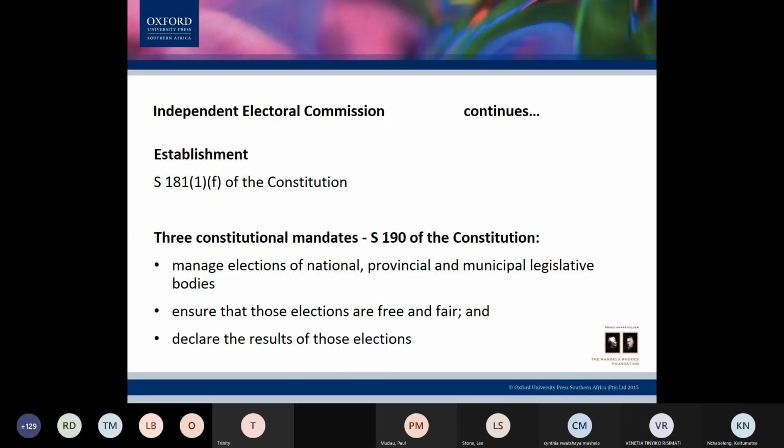And the Electoral Commission Act, Section 4, Subsection 1, Paragraph N, declares that the Electoral Commission is supposed to declare election results within a period of 7 days after